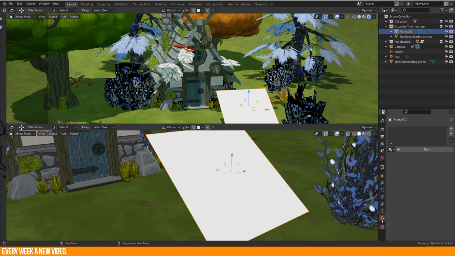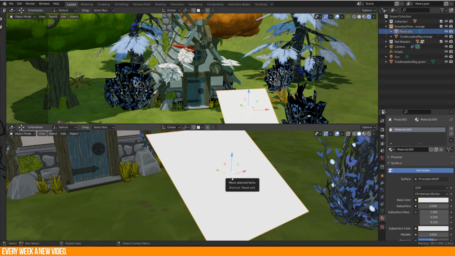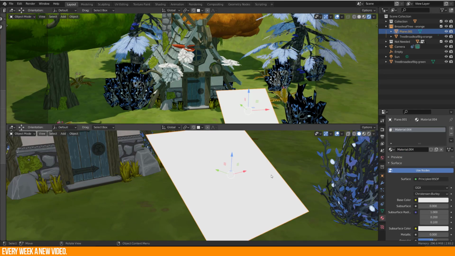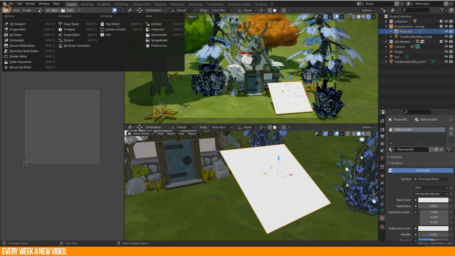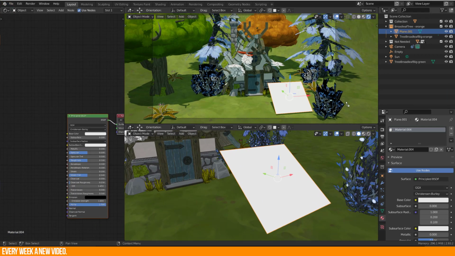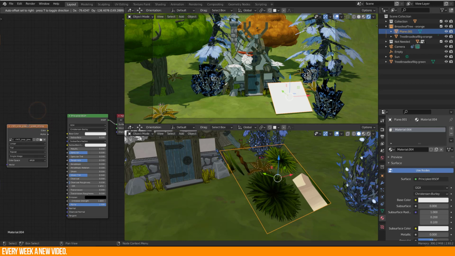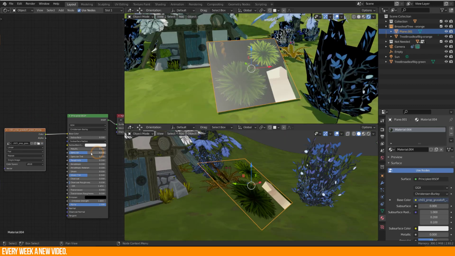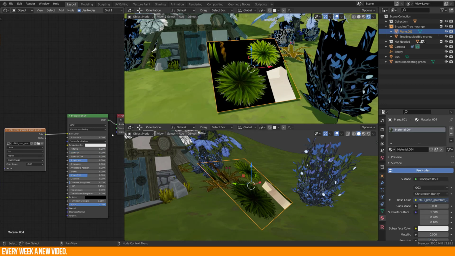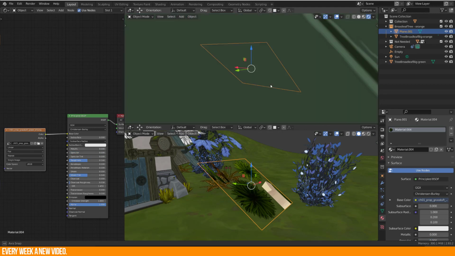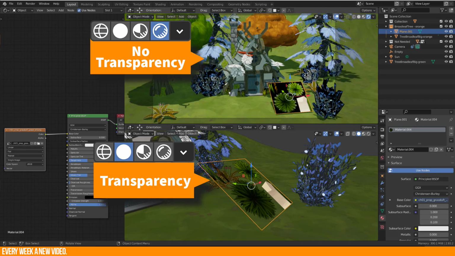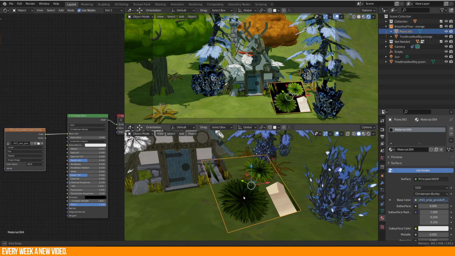In the material properties, you simply click on the plus icon and hit the new button. Enter the edit mode with the tab key, select all and assign the material to the selection. Go back to the object and call up the new workspace, the shader editor. Drag and drop the PNG texture beside the shader node and connect the color information. That's all. I like to disable the specular information for this scene. And there you see already the problem. In solid view you already have the transparent areas, but not in render preview. So how to fix this?